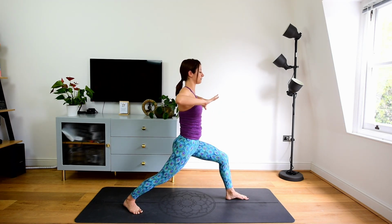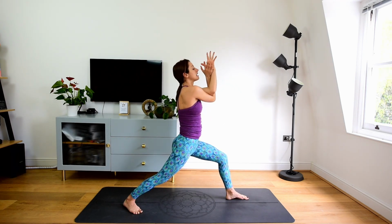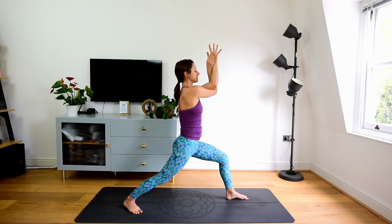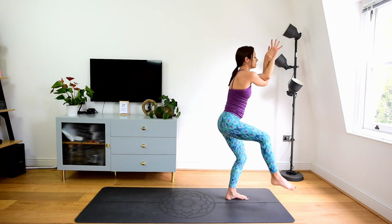Open the arms out on the level of the shoulders. Right arm underneath the left. Catch the fingertips, lift the fingertips up, squeeze the forearms forward and away from the nose. Take a moment here. And then shift more weight into your left foot so the right can lift and you